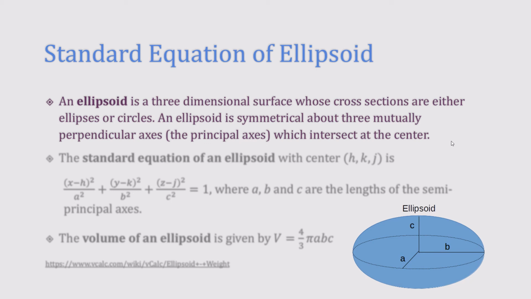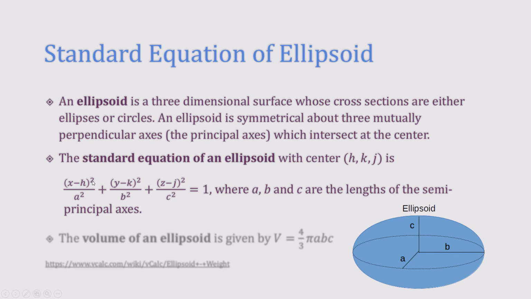If we were to make cuts this way, kind of horizontally, I guess, we would get circles. If we were to be making cuts this way, we would be getting ellipses. Okay? An ellipsoid is symmetrical about three mutually perpendicular axes, which are called the principal axes, which intersect at the center. The standard equation of an ellipsoid with the center of (h, k, j) is (x minus h) squared over